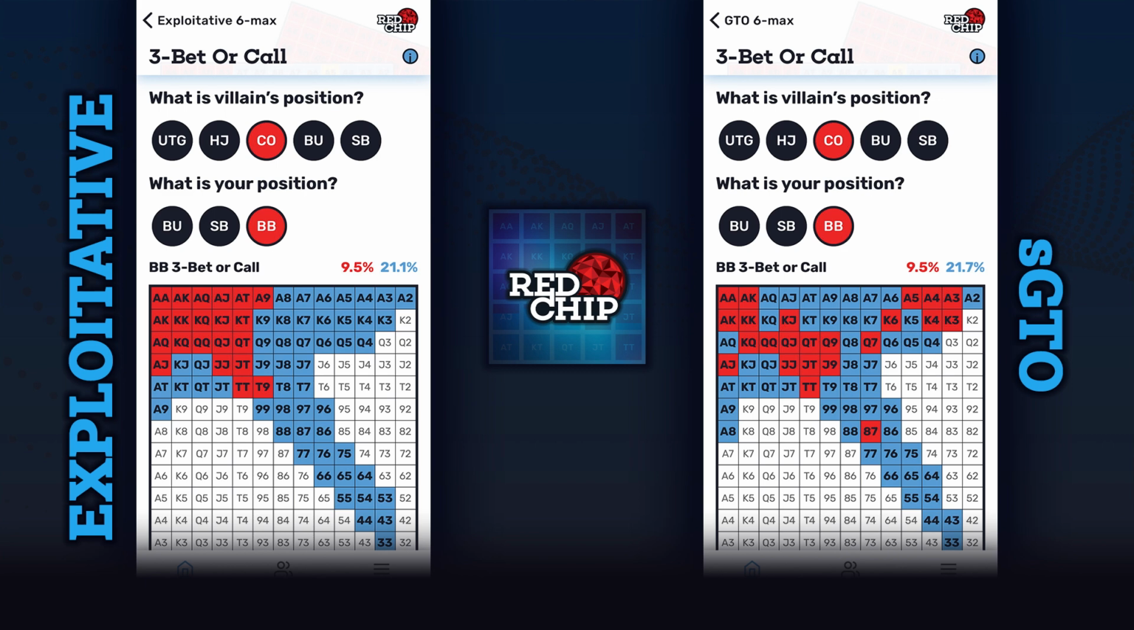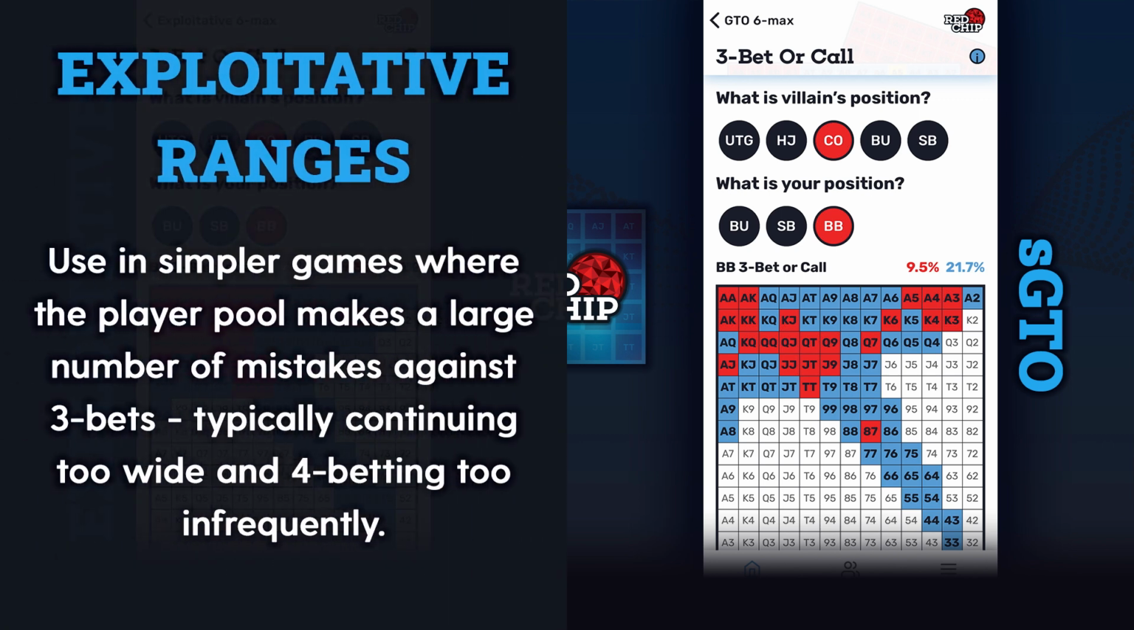The exploitative ranges are used in simpler, softer games where the player pool makes a larger number of mistakes against 3-bets. Typically, they continue too wide and they 4-bet too infrequently. So why not depolarize, keep our 3-betting range nice and strong, and utilize our range edge post-flop? And then keeping in mind what we were talking about earlier in terms of the GTO model,